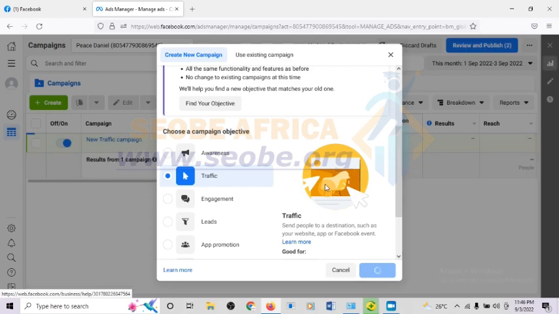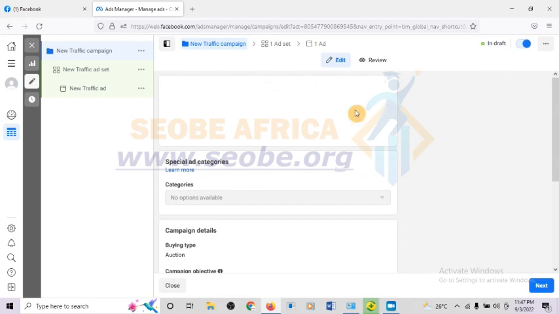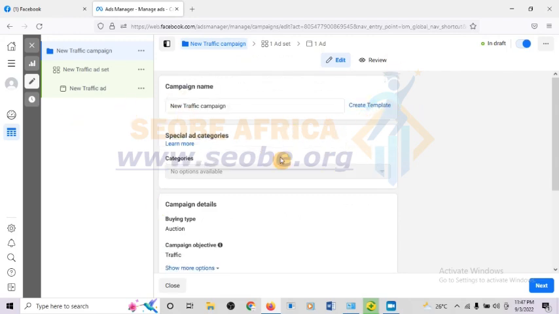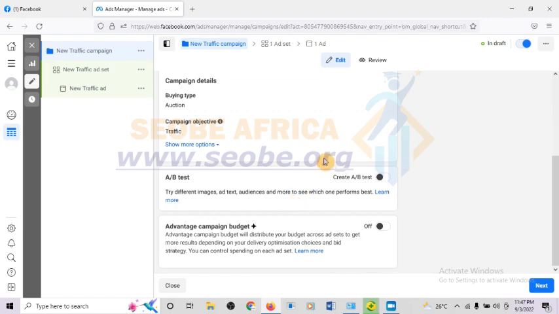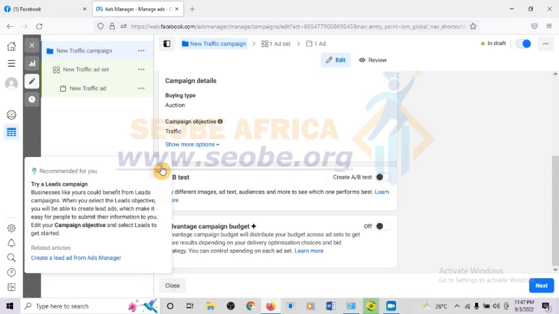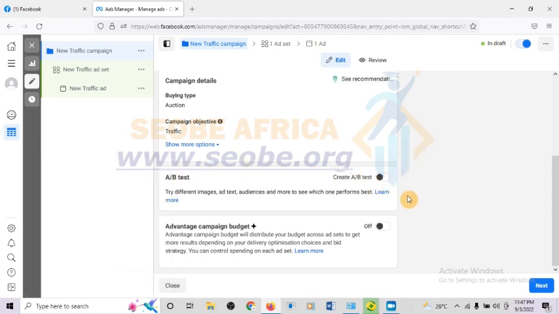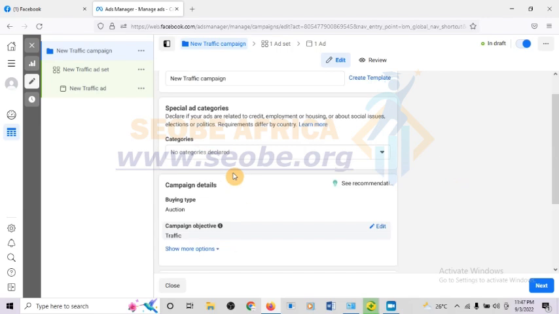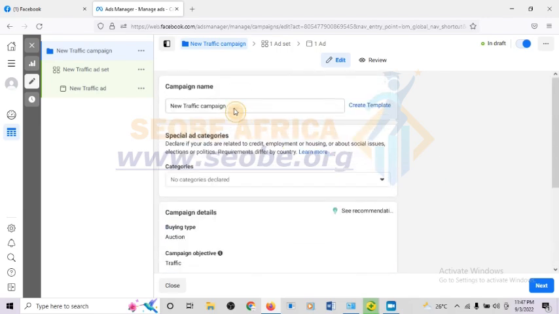Okay, so you can see the back end here, it's already created, right? So this is our first stage. Okay, so you don't have to do anything here. Here is when you want to split test, but don't, you can always duplicate and do split testing, right? So don't just leave this the way it is. Here you can decide to rename your campaign just in case you want to stay organized. You can rename